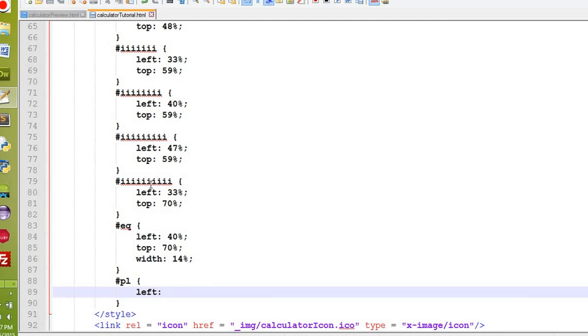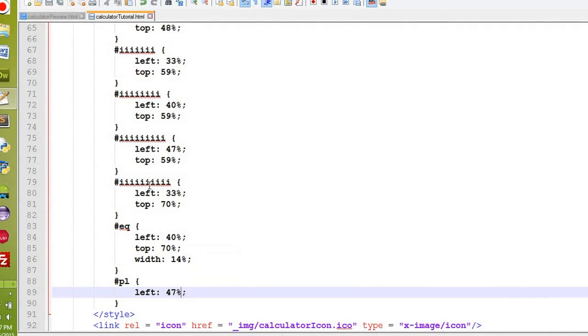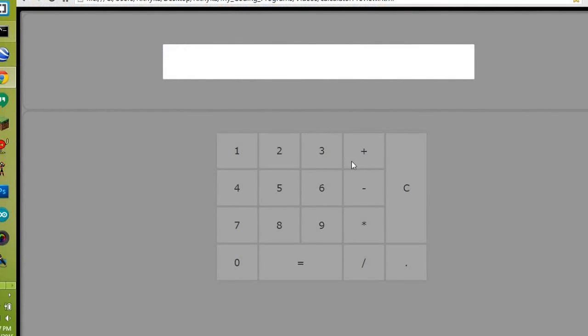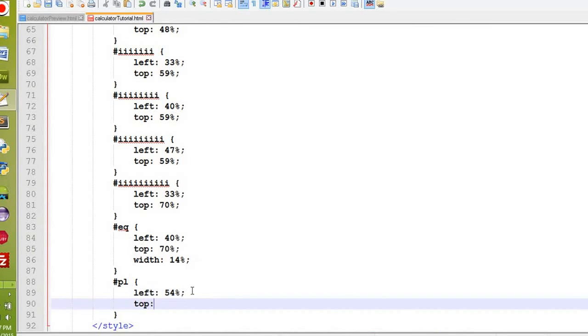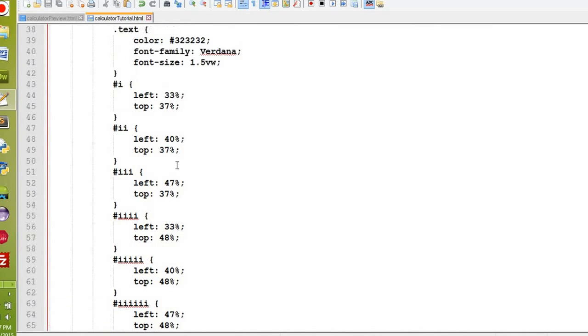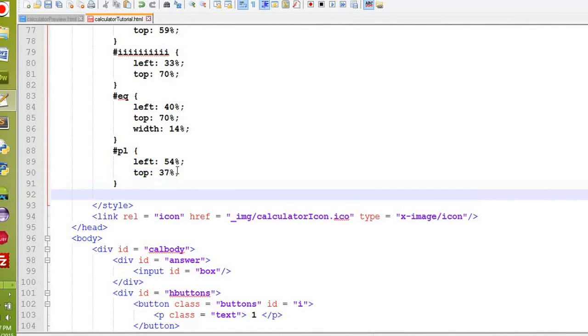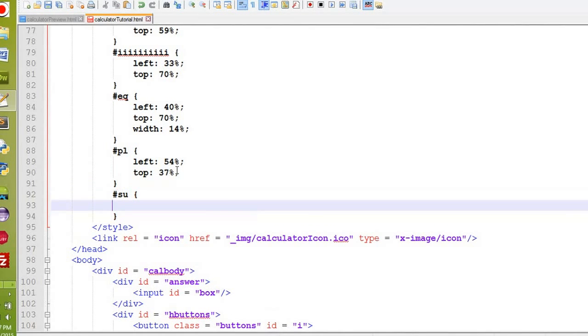Then you can do the plus. It's going to be after 47%. It's going to add another 7, so 54. So the plus will be right here. So that's 33%, 40%, 47%, 54%, and then 61%. So just keep on doing that. And this plus is going to be in line with the 1, 2, 3, so 37, and then subtraction is going to be